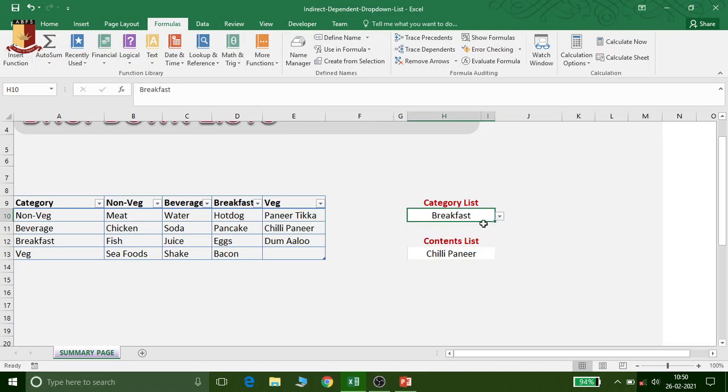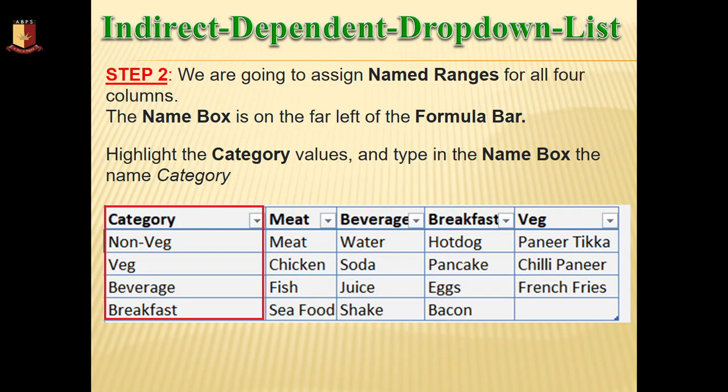So if sometimes it happens that the value is not appearing, you can go to the Name Manager and check whether the name you assigned is matching with this category or not. That must match, so the value will be populated, otherwise you will not get any value in the other drop down list. So this is the way you can populate another drop down list on the basis of the previous drop down list selection. Like this, the INDIRECT function takes the reference of a particular cell, and that cell has the reference of another named range. So this is how the INDIRECT function works.